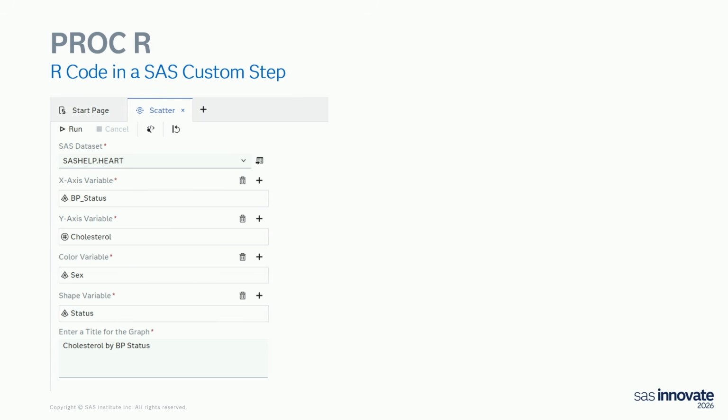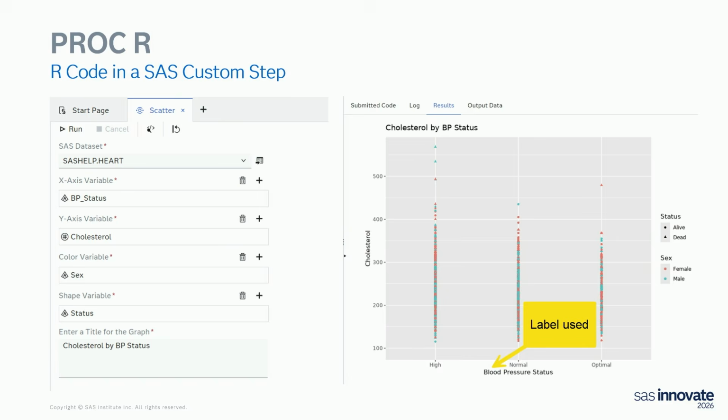I usually show a Kaplan-Meier curve with this and show how to make a Kaplan-Meier curve. But here, I've got a proc R in the background. So when I run this, it goes ahead and makes the R plot. And this is nice because it's hard to do a SAS scatter plot where you have a character and a numeric, because we get really weird about that. You can do that really easily in R, right? So you get a really nice view in here of how this works.